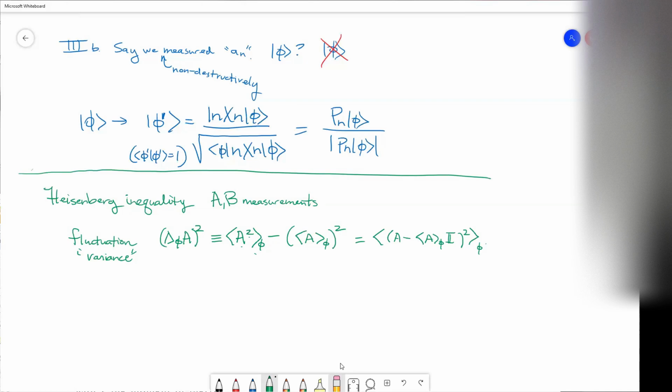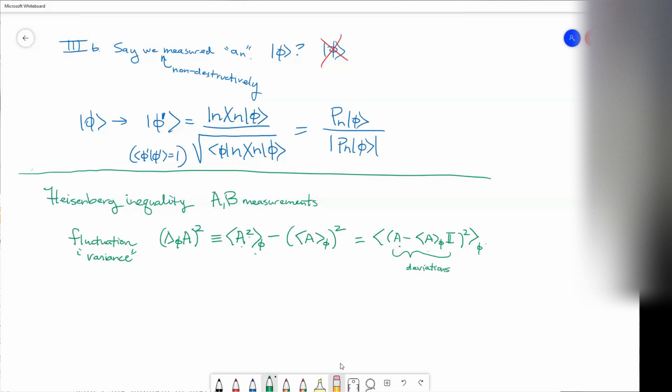So this is really taking the average of what? It's the average of all the deviations of the measurement A away from the average value of A. And we're squaring those and averaging. So this is a precise number that you can get by averaging over many, many experiments, right? You can measure the average value of something that you get in an experiment, but you can also measure the average spread of the values around that average.